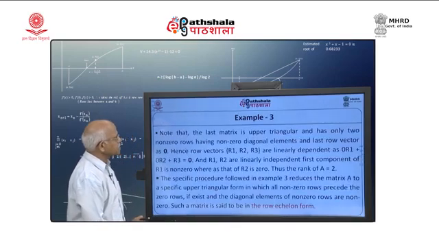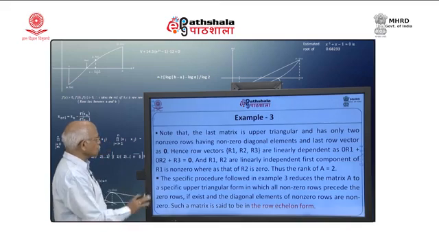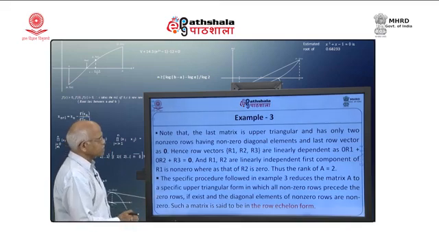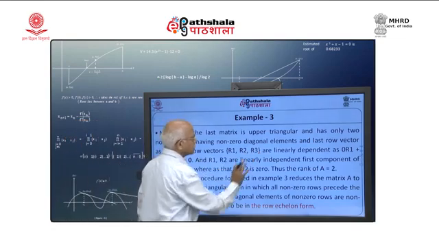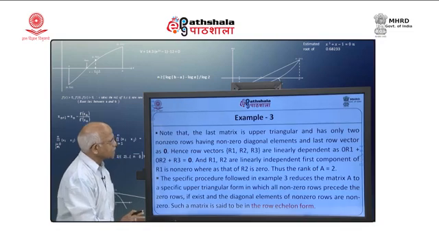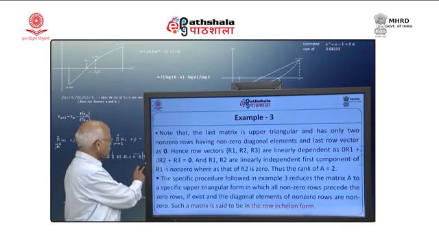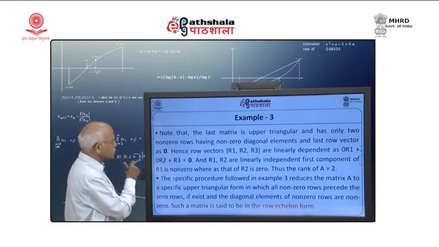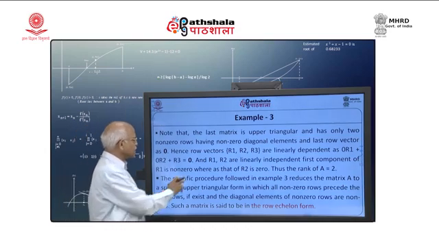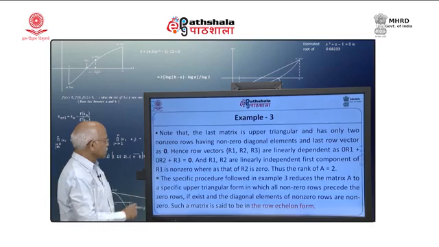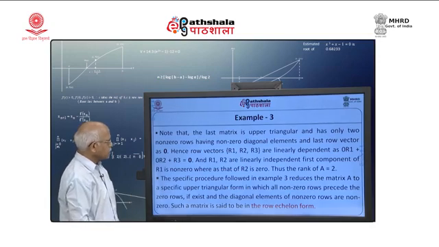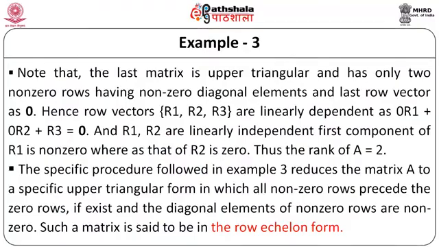Note that the last matrix is an upper triangular matrix and has only 2 non-zero rows having non-zero diagonal elements, and the last row vector is 0. Hence, row vectors R 1, R 2, R 3 are linearly dependent as 0 times R 1 plus 0 times R 2 plus R 3 is equal to 0, and therefore, R 1, R 2 are linearly independent. The first component of R 1 is non-zero, whereas the second component of R 2 is 0,